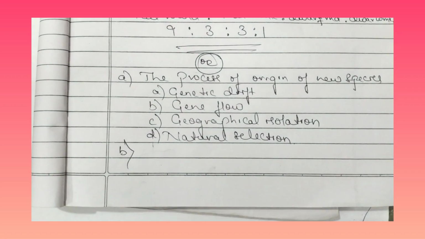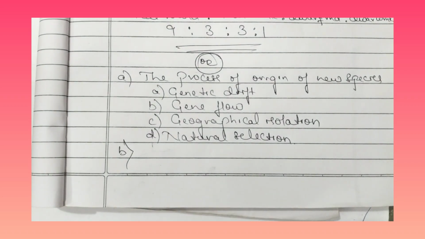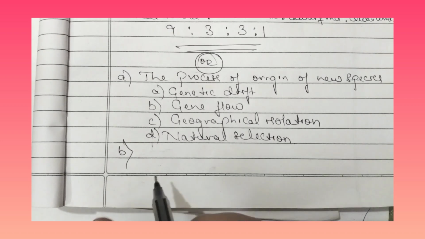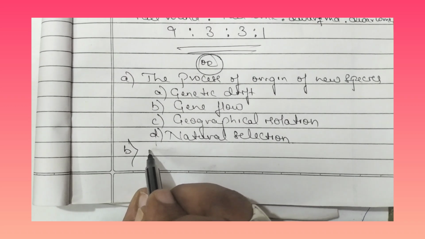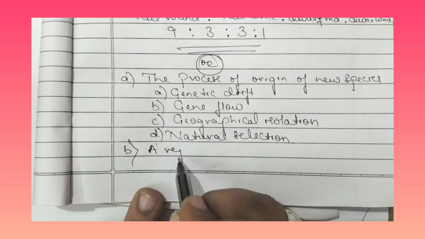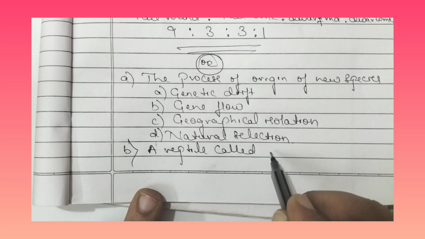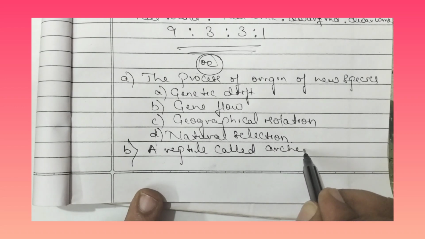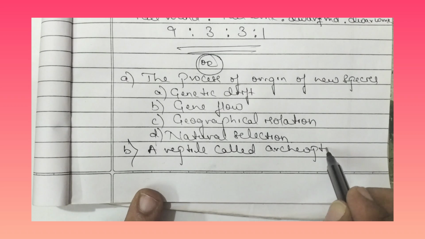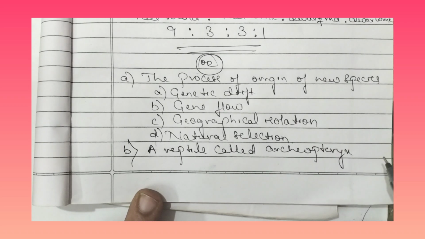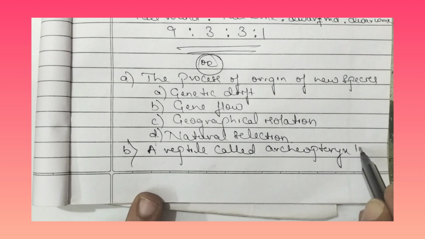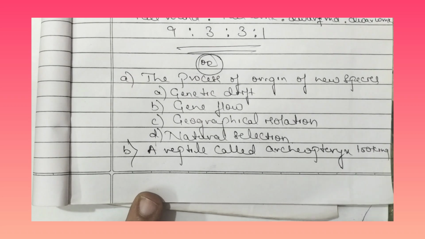ಅದರೊಳಗಡೆ ಇನ್ನೊಂದು ಬಿ ಕ್ವಶನ್ ಇದೆ, ಇದಕ್ಕೆ 2 ಮಾರ್ಕ್ಸು. ಇನ್ನು ಒಂದು ಆನ್ಸರ್ ಮಾಡಿದ್ರೆ 2 ಮಾರ್ಕ್ಸ್. ಏನಪ್ಪ ಅದು ಅಂದರೆ ಬರ್ಡ್ಸ್ ಆರ್ ಕ್ಲೋಸ್ಲಿ ರಿಲೇಟೆಡ್ ಟು ರೆಪ್ಟೈಲ್, ಜಸ್ಟಿಫೈ ದ ಸ್ಟೇಟ್ಮೆಂಟ್ ಅಂತ ಇದೆ. ಎ ರೆಪ್ಟೈಲ್ ಕಾಲ್ಡ್ Archaeopteryx looking like a bird